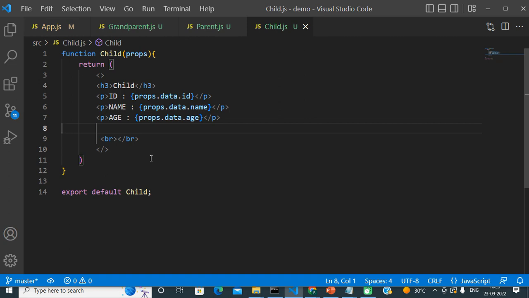Okay, so it was perfectly fine, it was working properly for us, but simultaneously we were discussing that in large applications where a large number of components are involved, we cannot go with this props drilling approach.